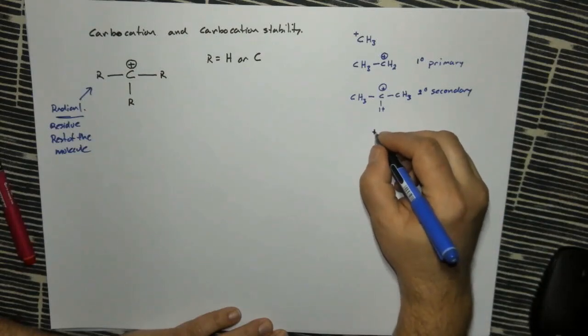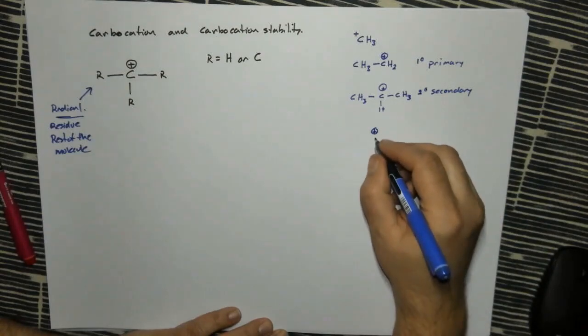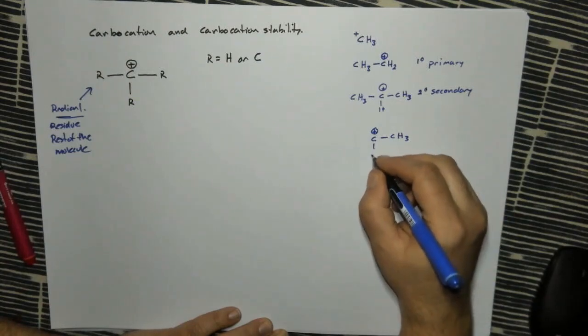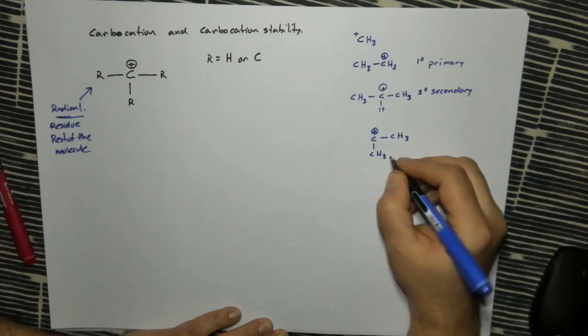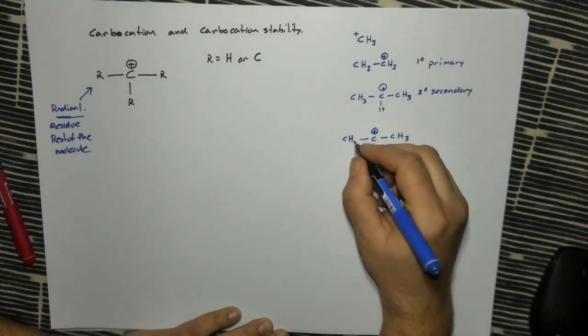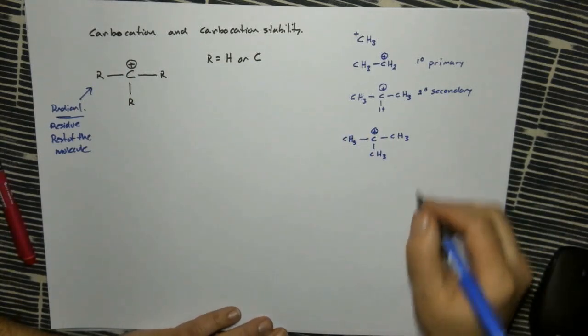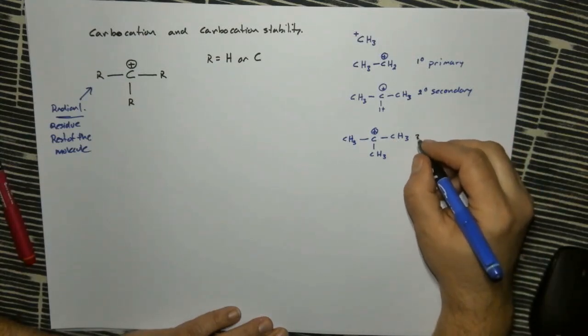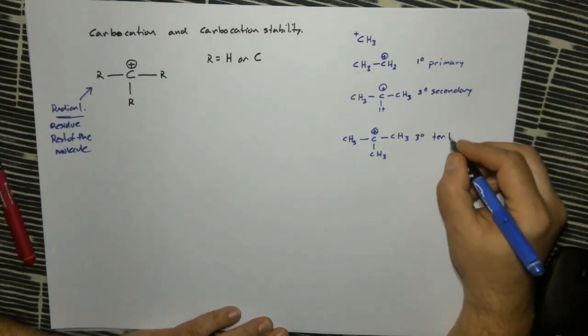And then the third case, and the final scenario, is when you have a carbon with a positive charge that has 3 carbon neighbors. 1, 2, 3. And so this is referred to as a third degree or tertiary